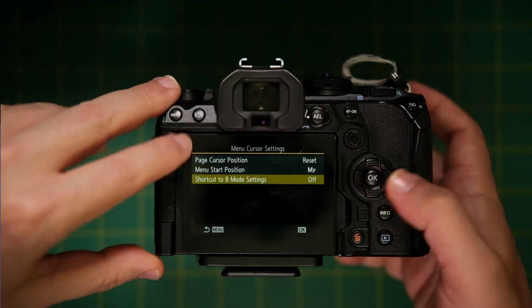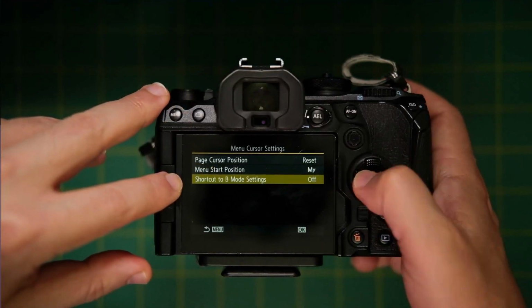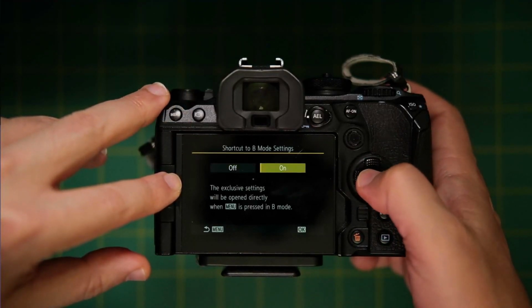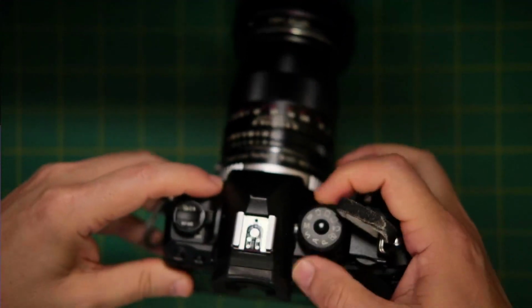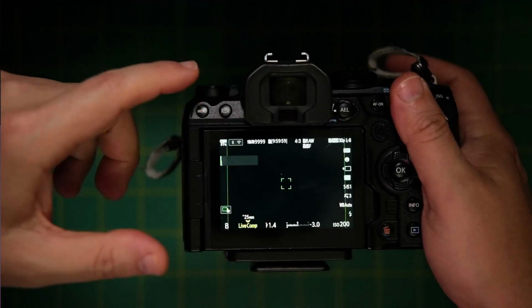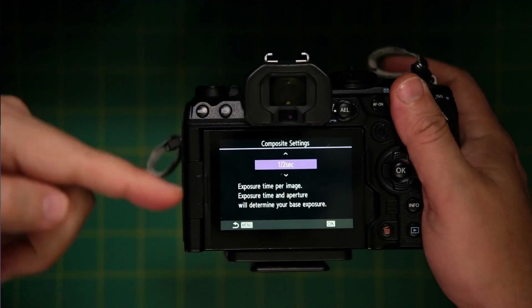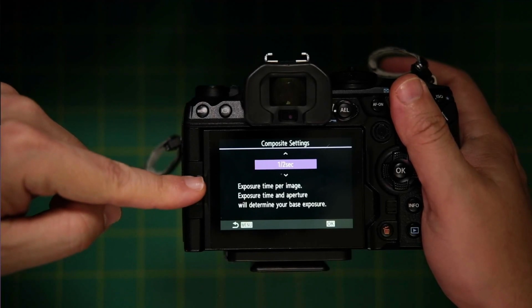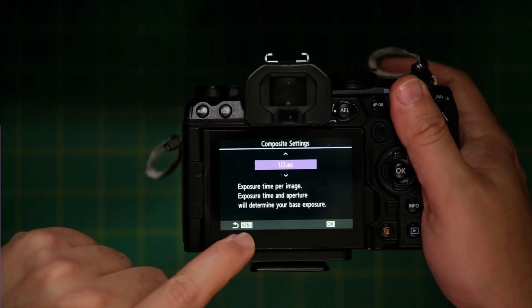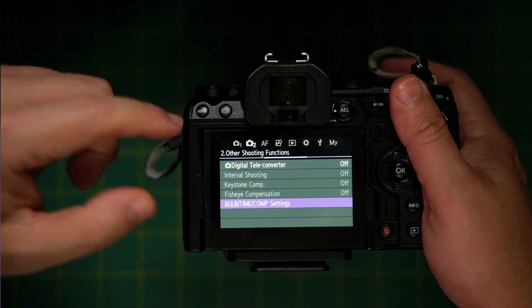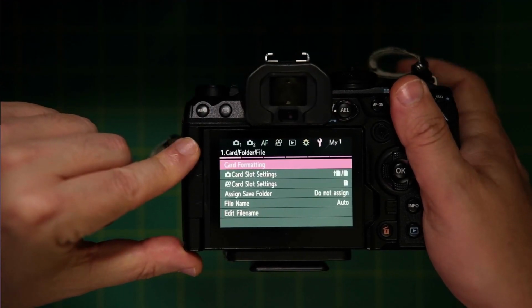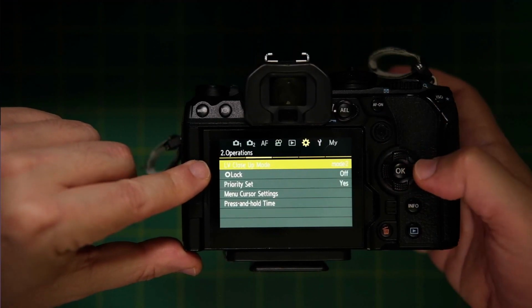All right, then the last one is just shortcut the bulb mode settings. So let's turn this on. And what that means is if you put your camera into bulb mode, now when you push the menu button, it's going to go directly into the bulb mode settings. But you can kind of back out still. There's the menu. You can back out one step, back out again, like that by hitting the menu button and go anywhere you want. But let's say we change it to